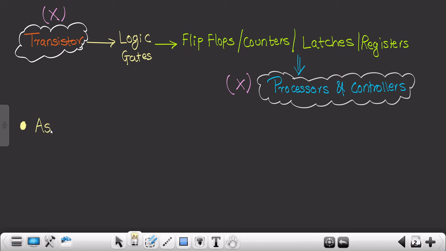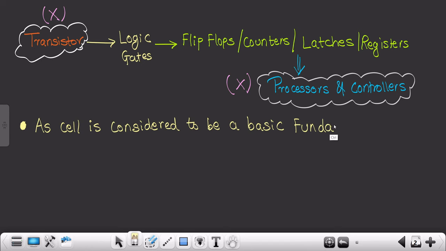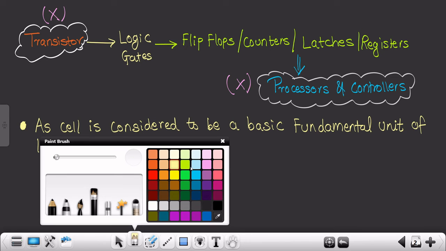A cell is considered to be a basic, fundamental unit of life, right? I hope you know this particular sentence,